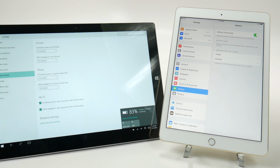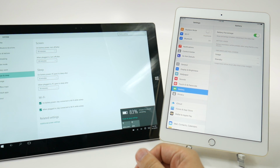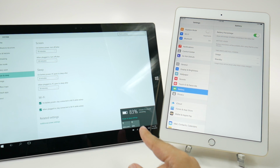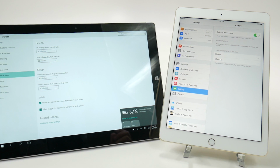So for that reason alone, the iPad Pro will definitely take it when it comes to battery life, especially when doing things like using the full brightness as we are on both displays. And as we saw in the beginning of our recording, the iPad Air went down 7%, whereas the Surface Pro 3 went down about 13%. So that's a huge difference. And yes, because of that reason, the iPad Pro will definitely have a better battery life compared to the Surface Pro